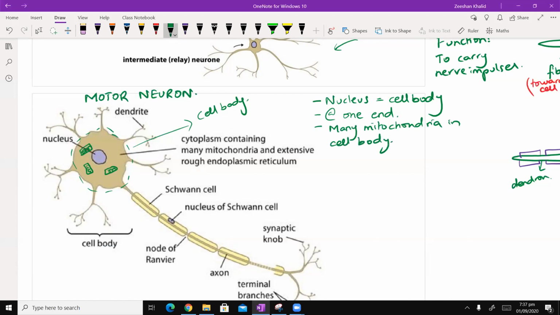After that, all of what I'm talking about at the moment basically deals with the cell body of the neuron. So my cell body heading there, that's just easy to remember. Okay. And also there is a lot of RER in the cell body. Can you think of why there is a lot of rough endoplasmic reticulum in the cell body? What do you think would be the consequences of having a lot of RER in the cell body?